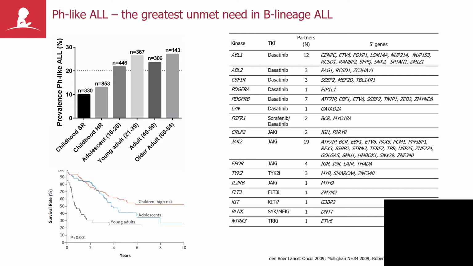receptors and tyrosine kinases that are subject to mutation, commonly rearrangement, but also point mutation and deletion, involving a large number of partners of the rearrangements, over 60 and growing, as shown here, with the greatest diversity seen for ABL itself, JAK2, and PDGF receptor beta.